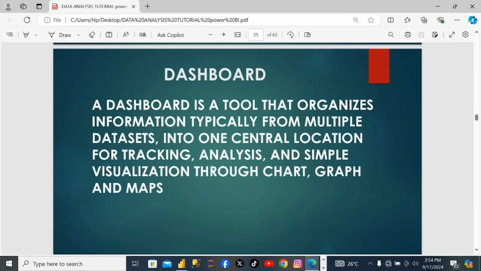In this video, I'm going to show you how to create a dashboard in the Power BI environment. A dashboard is a tool that organizes information, typically from multiple data sets, into one central location for tracking, analysis, and simple visualization through charts, graphs, and maps. So we're going to head on to our Power BI desktop where I'll show you how you can create interactive